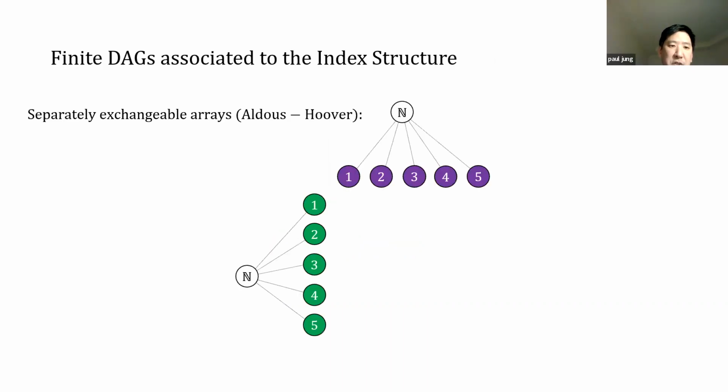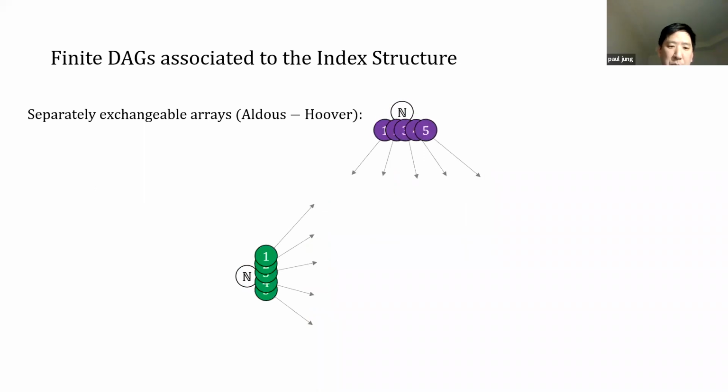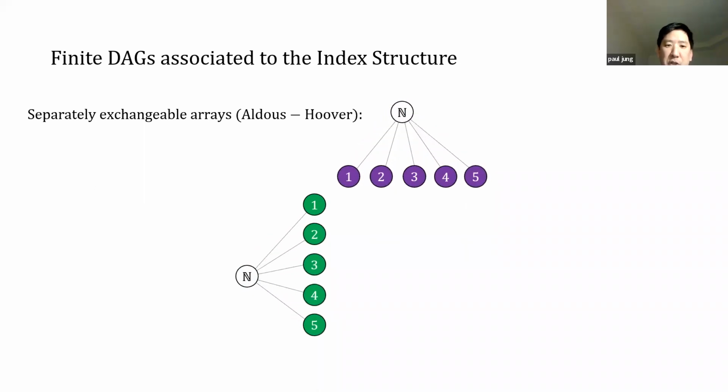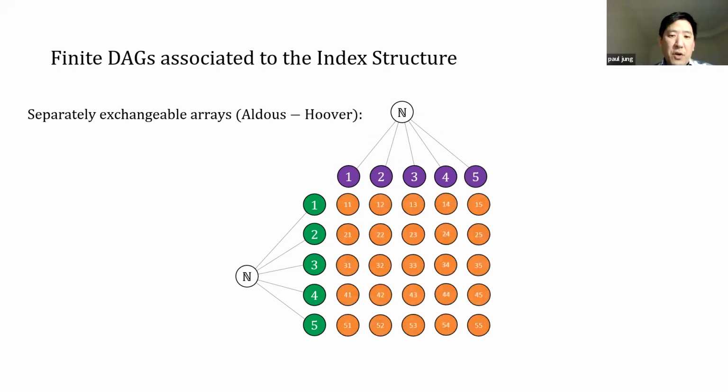Okay, so the next finite DAG I want to describe is for the Aldous-Hoover theorem. It's just a 2-point vertex set. If we have a 2-dimensional array, then we just take a 2-point vertex set with no edges, and from each of these two vertices we emanate a family of random variables, a family of green random variables and a family of purple random variables. Then we take the direct product of all these green and purple balls, and we get this orange array of random variables. And that's the separately exchangeable array.